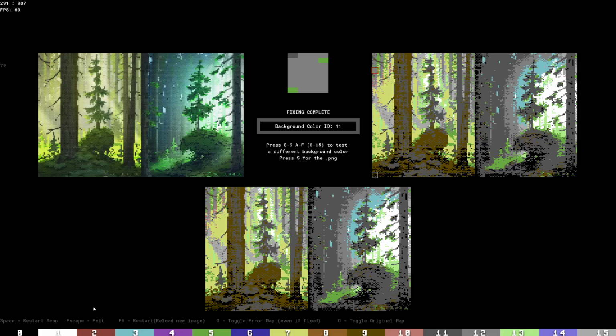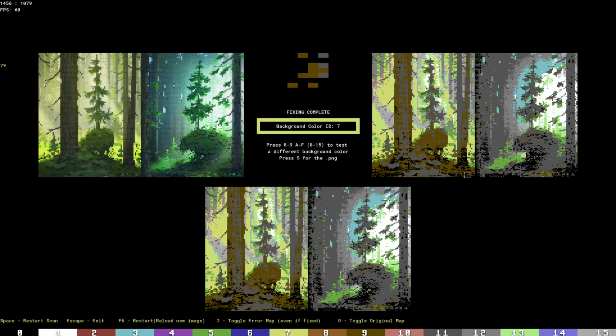Right, so what I'm going to do is change to yellow. So I'll just press 7, and that means it's going to recalculate based on that, and we get a slightly nicer result there. So I'll press O, and you can see there's a lot of kind of mid-gray in there. So let's try C. That's also not too bad. Let's try green, 5, not too bad either,